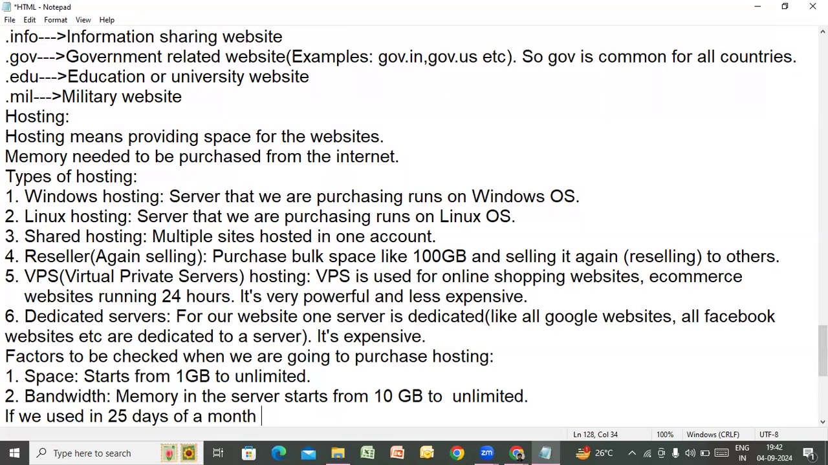1 month means 30 days generally we count. But in 25 days you have consumed all that memory. So remaining 5 days you can't get anything. That's it. So 25 days of a month, end of them, that much capacity. If we use it in 25 days of a month, that much capacity,